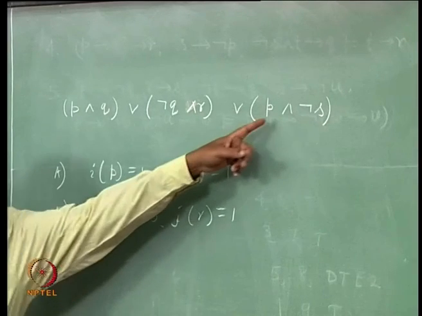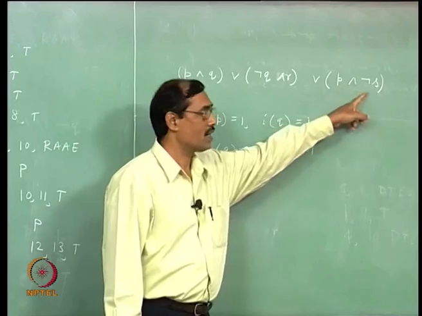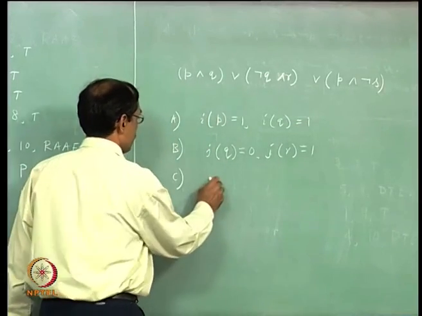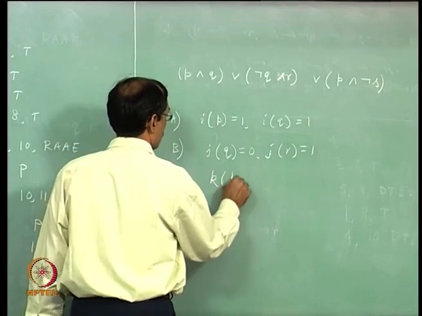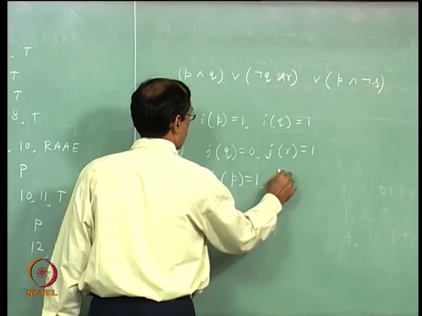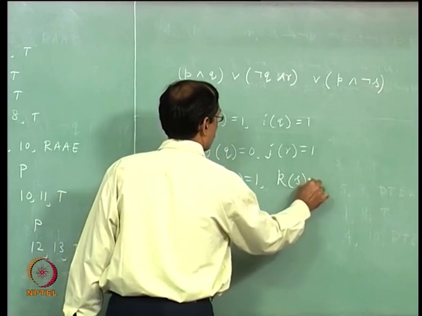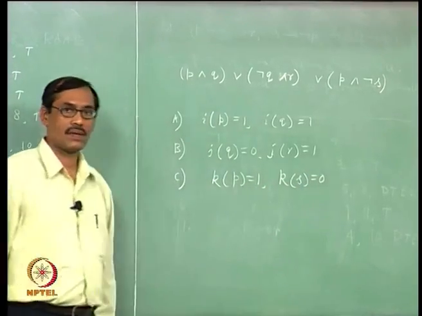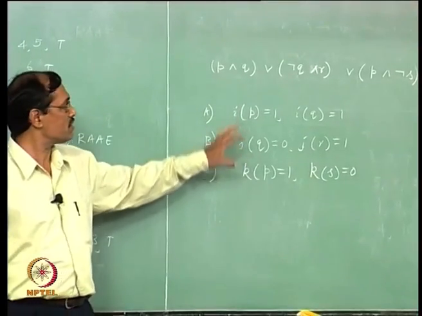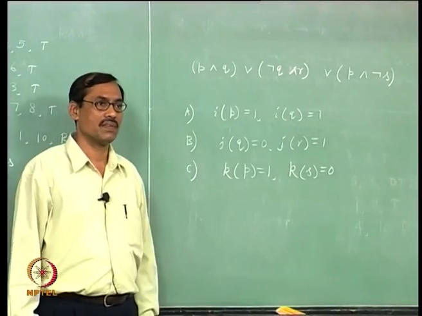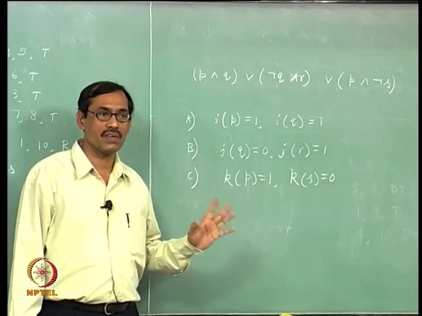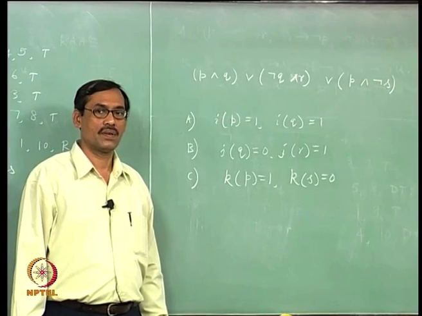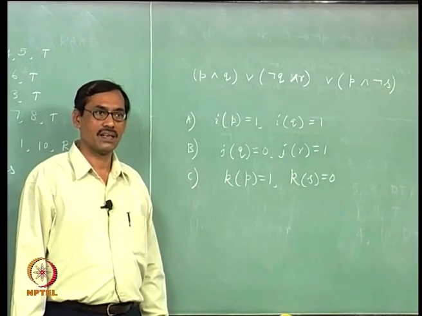And there is another possibility when P is 1 and not S is 1. Okay. So, these are the 3 possibilities you get looking at the proposition itself, and there is no other possibility when it becomes 1. Is that clear? Because it is OR,